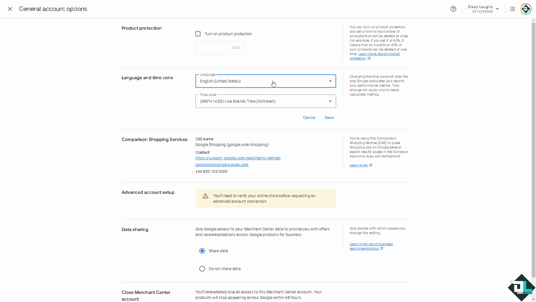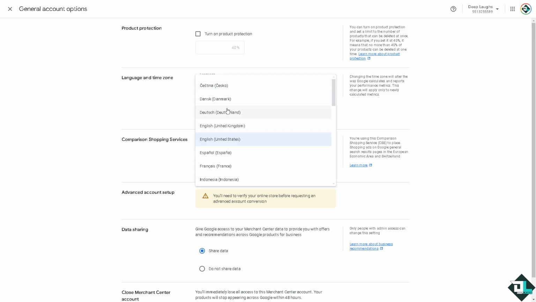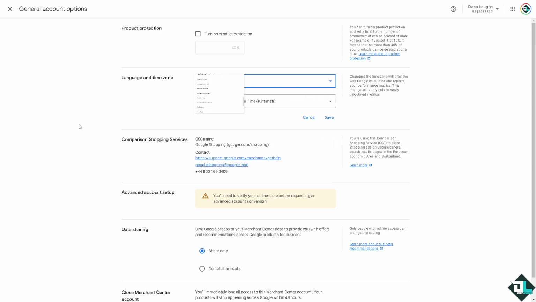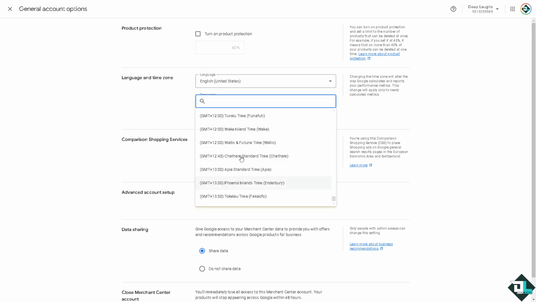time zone. For example, just navigate to the drop-down menu, and locate the interface and select the desired language from these options. So there's a lot. Now, after selecting the preferred language, you just have to click save or apply to update the settings. And you can also do that for the time zone if you have it. So if you wanted to change the time zone to normally match your native region, you're also welcome to do